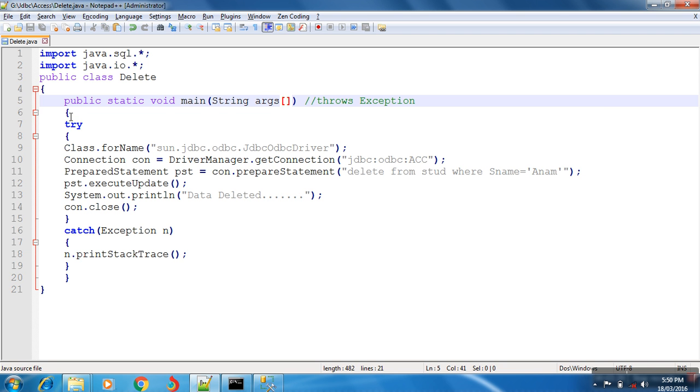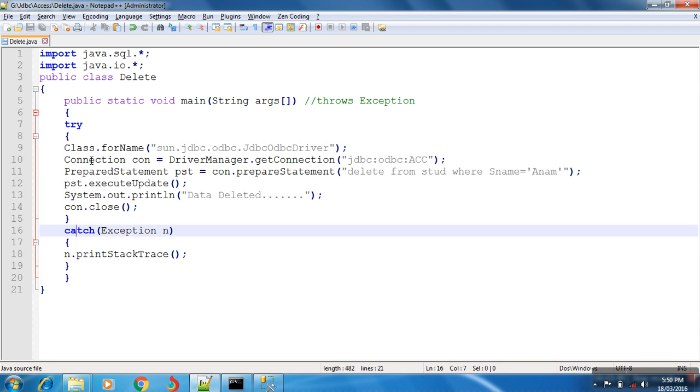After that you will open the main function with the help of opening curly braces, and this is the closing of the main function. Now you are using a try catch block. You know why we are using a try catch block here? For throwing exceptions. So see here, it is a try block and it is a catch block.